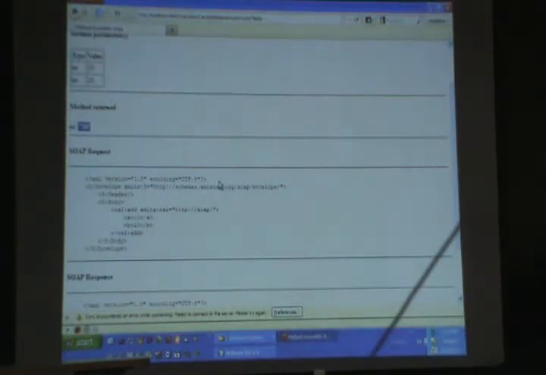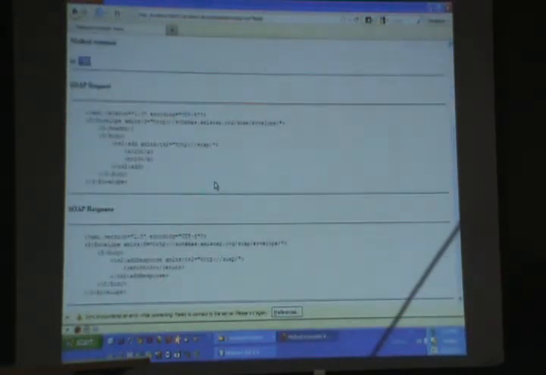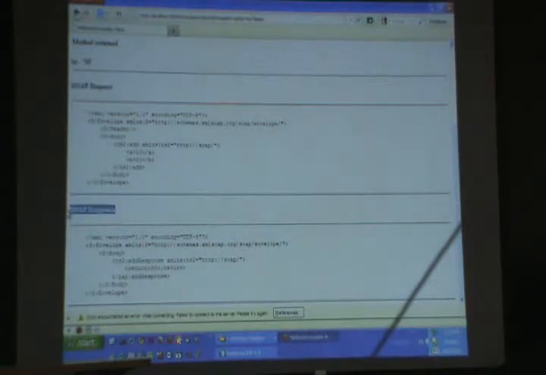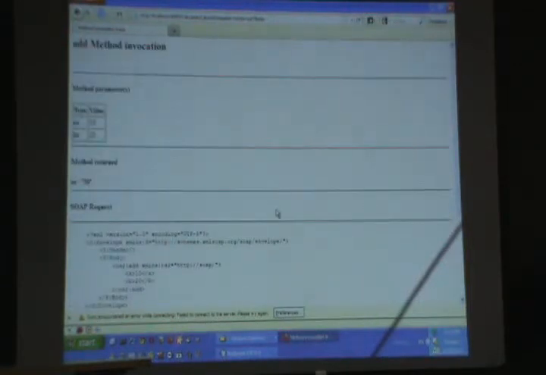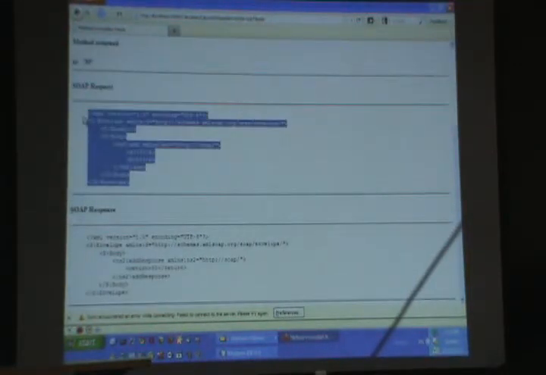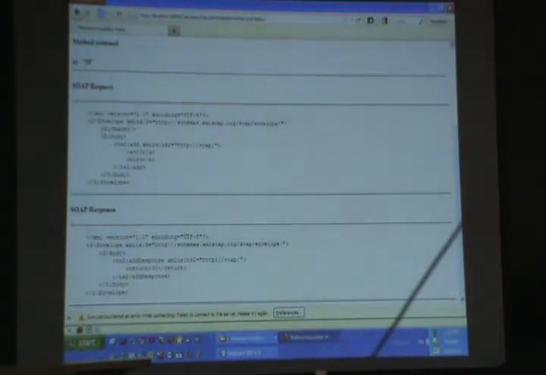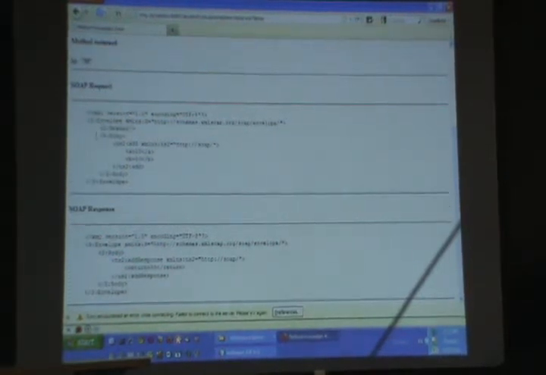But this is SOAP. So how did the actual message get transferred? It would be a very big and confusing envelope, right? So the SOAP request is an HTTP request, and the response is an HTTP response. So how did this service send it? We just sent two text boxes, right? But it sent it like this. So there is the SOAP envelope. Header is empty because we are not handling security and other access things. So what is in the body? Body has the name of the method called add, right? And the parameters that the method takes, right?